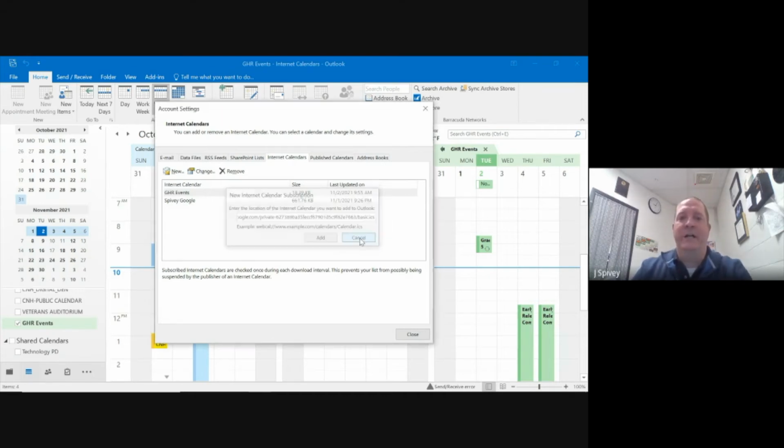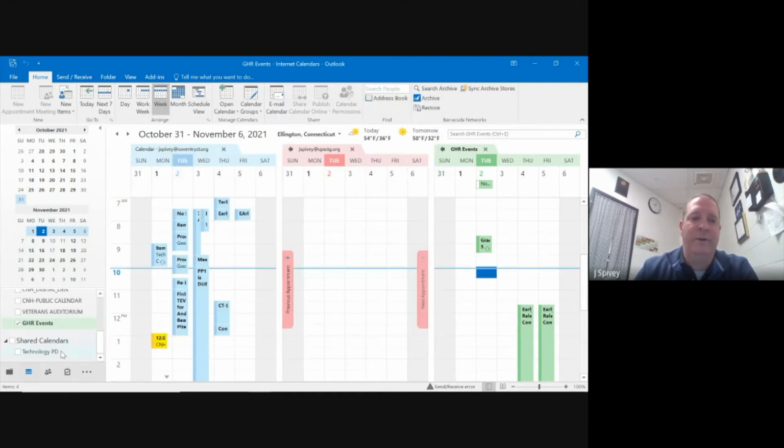And then when you're done, you're going to see it in the list of internet calendars. And then you click Close. And when you go to the calendar page, you'll see them. Now mine are separated. If I am looking at these calendars and I want to be able to organize my day, and let's say I want to have an event on Thursday, or let's say Tuesday, I need to know if something's happening in